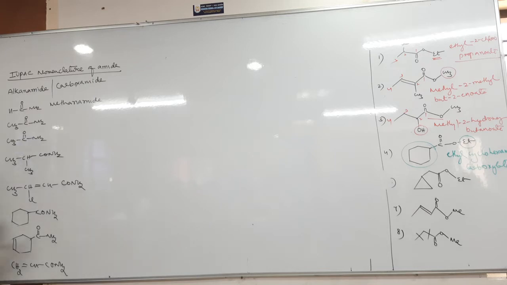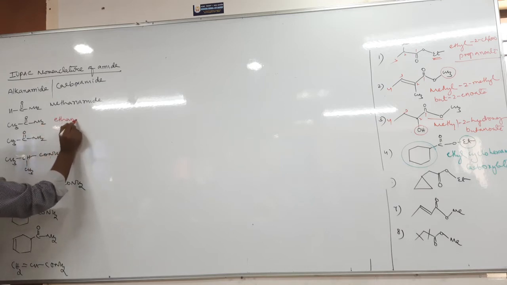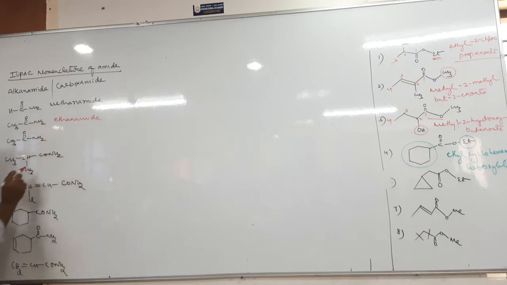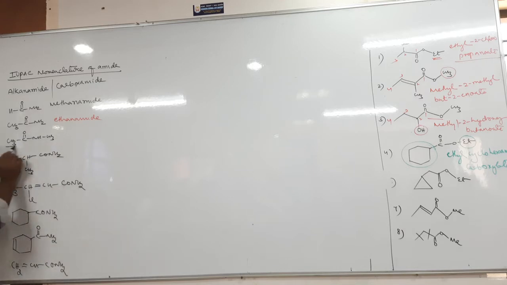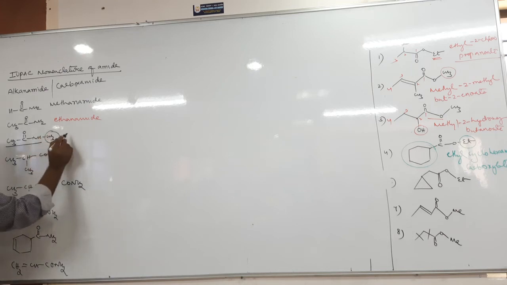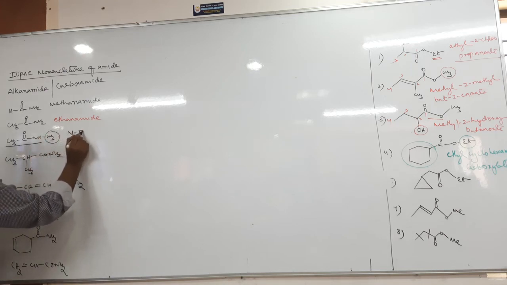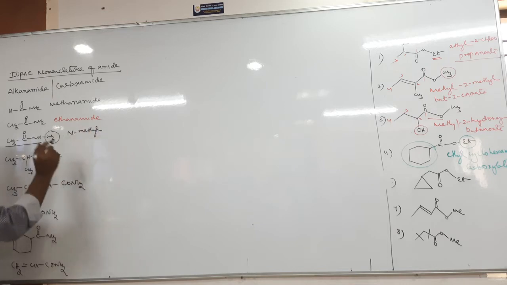Tell me. It is ethanamide. Next, same written? Okay, I'll change it. I'll make it CH3 and CH3. Now tell me, this is an ethanamide, but in ethanamide there is a methyl group. Where is the ethyl group? N. We have studied amine nomenclature, no? Same. N-methyl